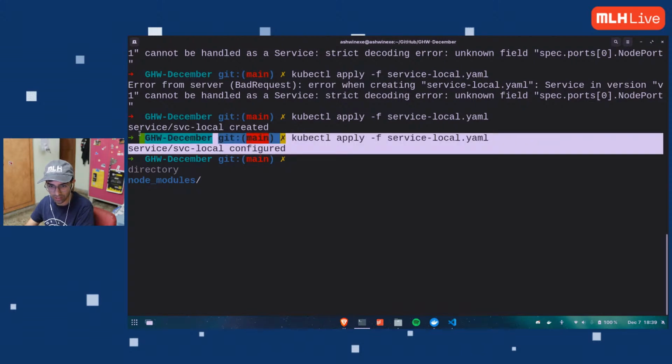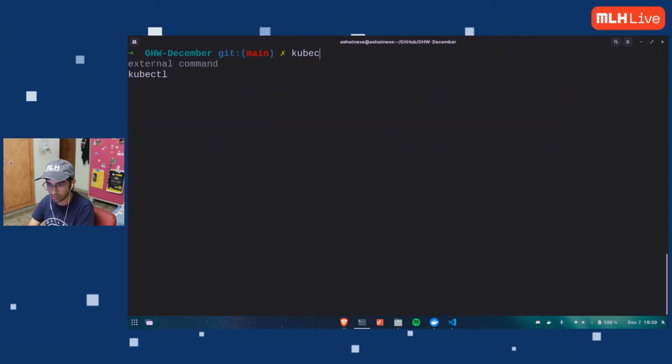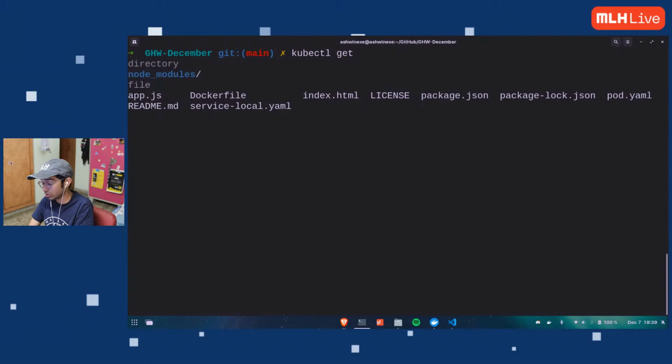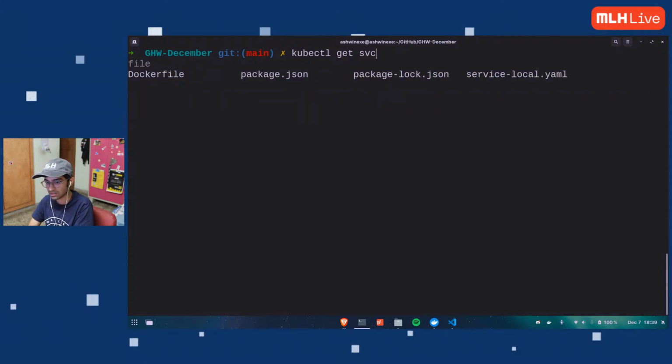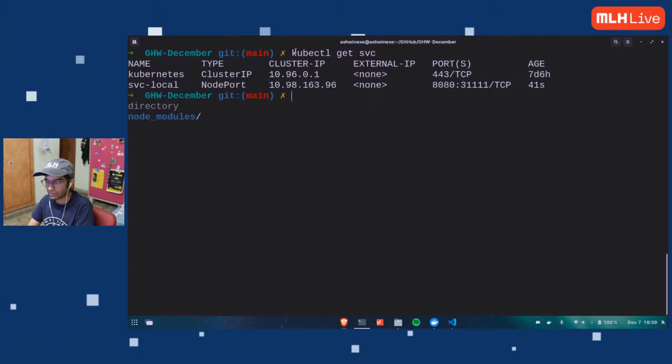Our configuration is there. To check it, kubectl. Remember we do get pods, we did get nodes, we have get services, svc. So I have two services running. Pod has an identity list. Yes, you're right.